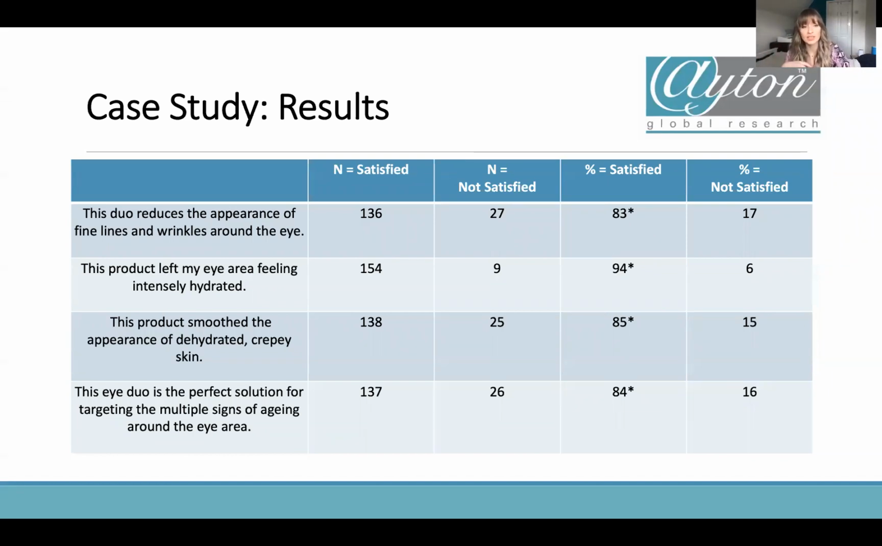The product leaving the skin feeling intensely hydrated, smoothing the appearance of dehydrated and crepey skin. And the multiple signs of aging around the eye area is a perfect solution for it. Lovely wording for marketing as well. So yeah, as you can see, we had some really high percentages, which is fantastic on such a large panel